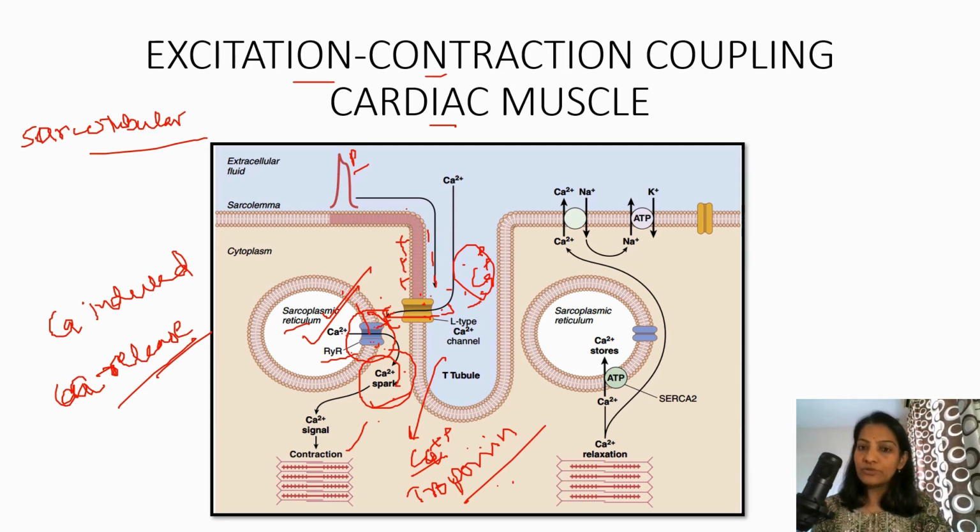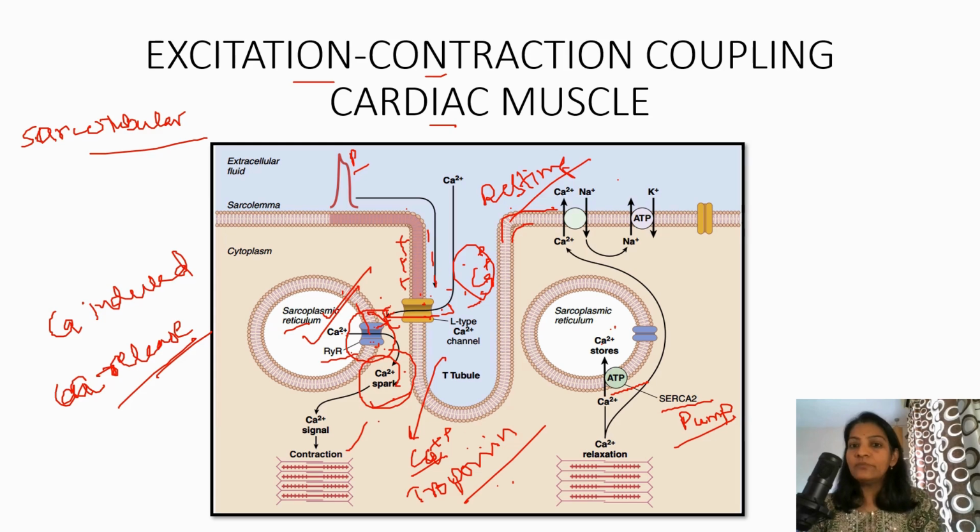Here on the right side of the diagram, the relaxation procedure is shown where the calcium has to go back to ECF and sarcoplasmic reticulum. So once there is no action potential present here on the cell membrane, it becomes repolarized and the resting membrane potential is achieved, then the calcium will be taken back into the sarcoplasmic reticulum by the sarcoplasmic calcium ATPase pump, which is called SERCA2 kind of pump present here. So with the utility of ATP, the calcium will be taken back into the terminal cisternae of sarcoplasmic reticulum, and